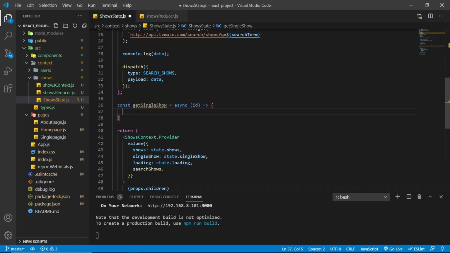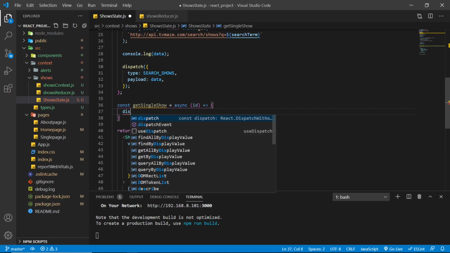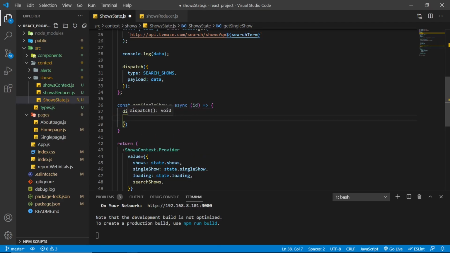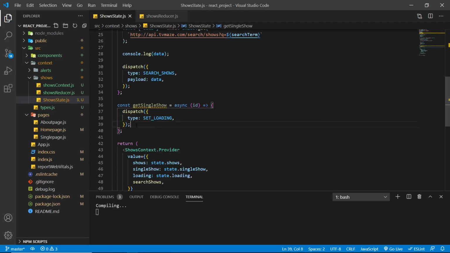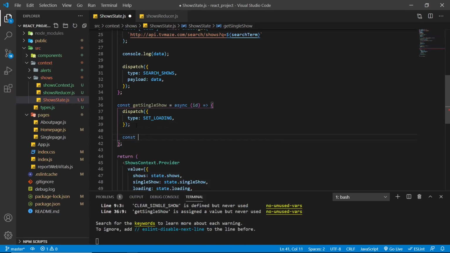What we'll do here is, when we get to the single show's page and we refresh the page or route to that page, we want to call this function in the useEffect so that it would load the details of that show. So how this is going to look is as follows. We are going to dispatch of type SET_LOADING. This is just for our spinner once again. And then we want to do an Axios request again. So we're going to await